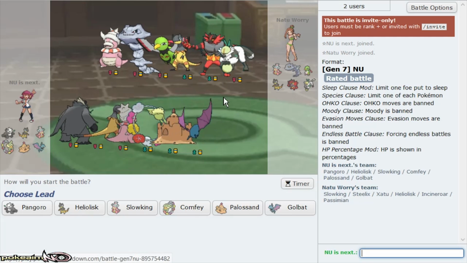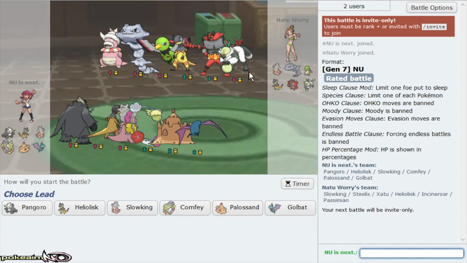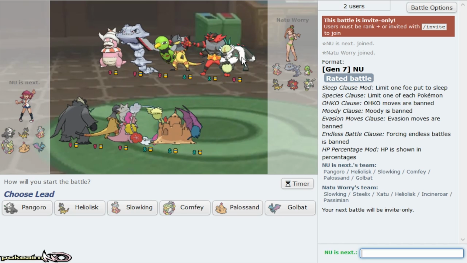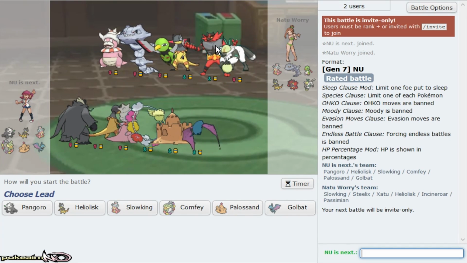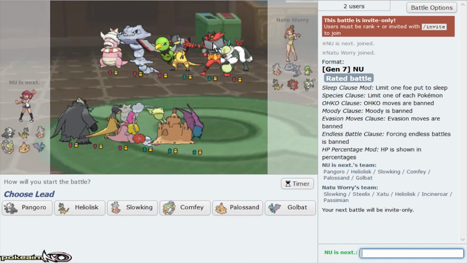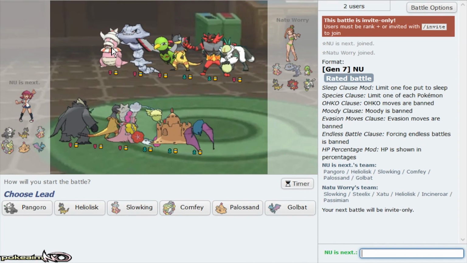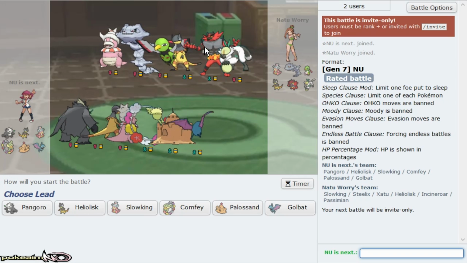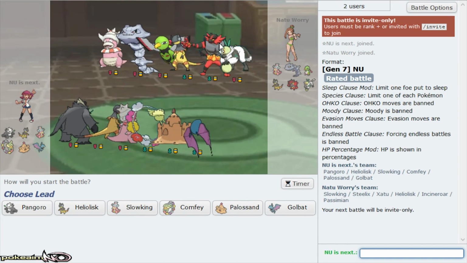Alright guys, so we have our first game of the day, and just looking at his team, I can assume a few things. Choice Scarf Passimian, usually either Life Orb or Specs Heliolisk. This kind of looks like Z on Incineroar, because he does have Slowking to check the Pokemon that Incineroar checks. I'm thinking like Delphox and Magmortar and things like that. So I could see it being offensive Z